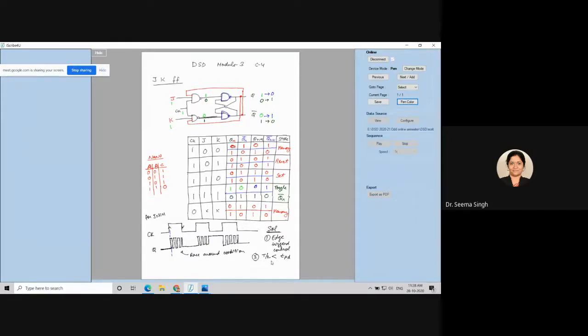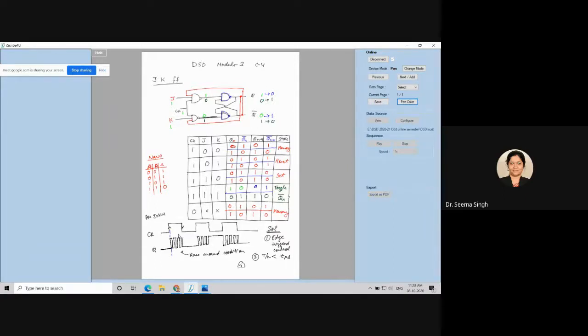So the second solution is when T by 2, that means the time when your race around condition is happening, for this half of the pulse, if that time is less than the propagation delay time, by the time this feedback comes back again to toggle, by that time this clock high pulse would have gone. So this toggling will not happen.